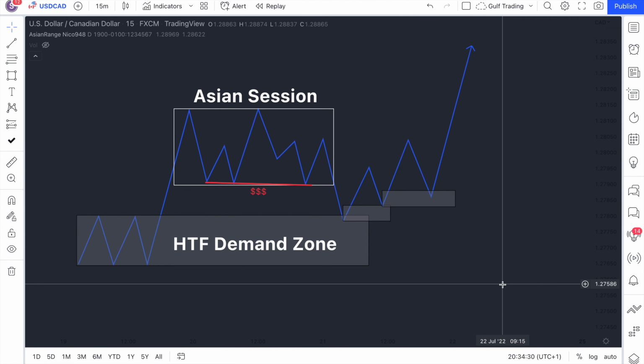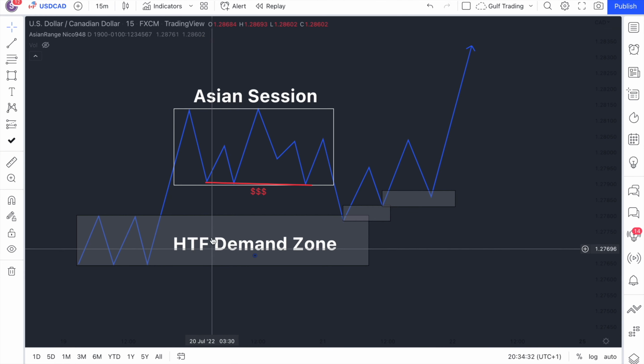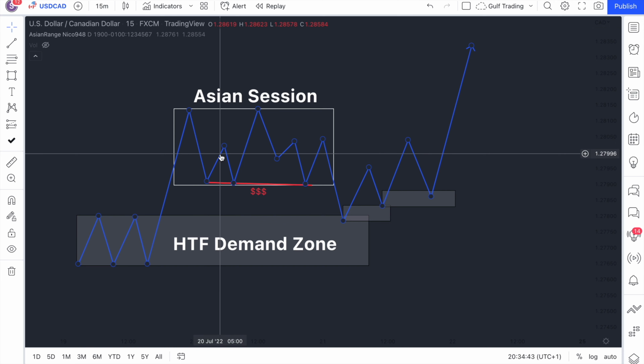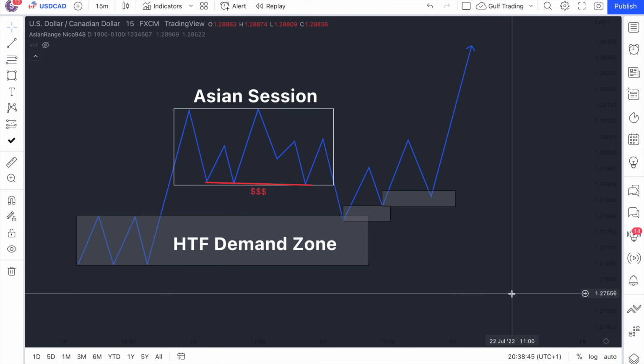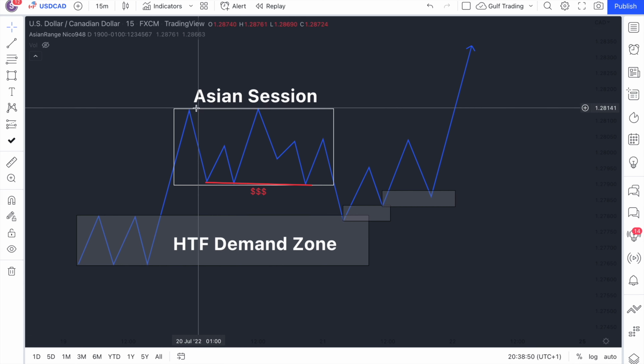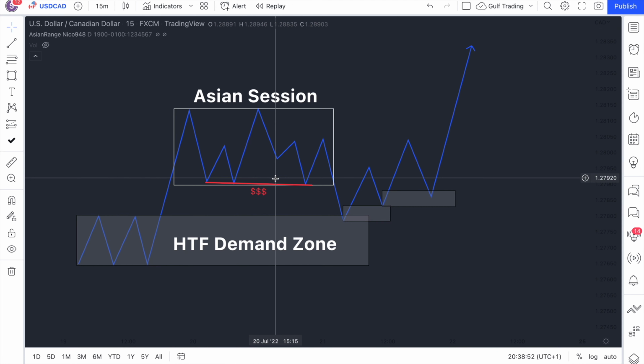So let me just mark this up. Okay, so here's the marked up version of it. You've got your high time frame demand zone, which causes the first up move, and then the Asian session where liquidity is created both above and below, because there's low volume in the Asian session, so price can be easily manipulated. So here's an annotated version of the textbook setup. You've got your higher time frame demand zone, which causes the initial push up into the Asian session, which can be easily manipulated because there's low volume, and this forms an Asian high and an Asian low, where liquidity will be resting,